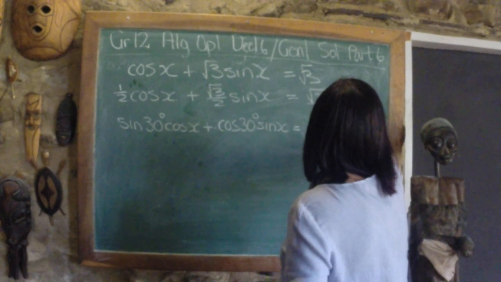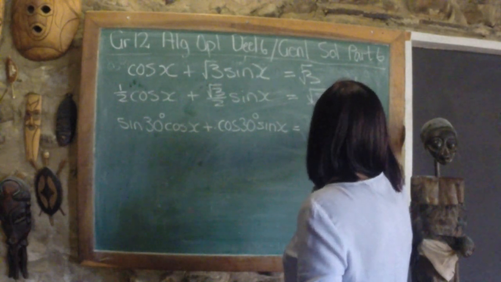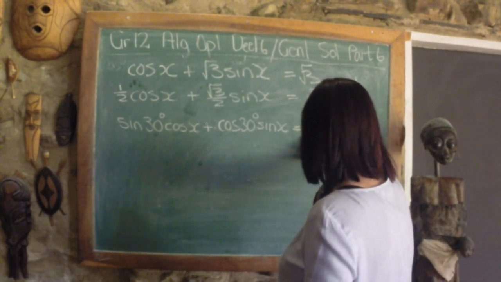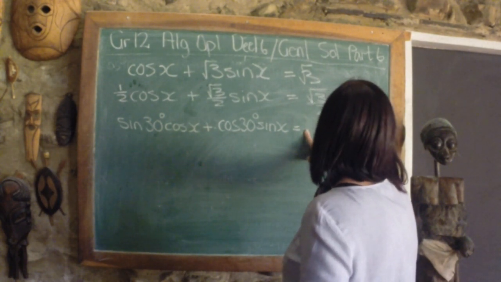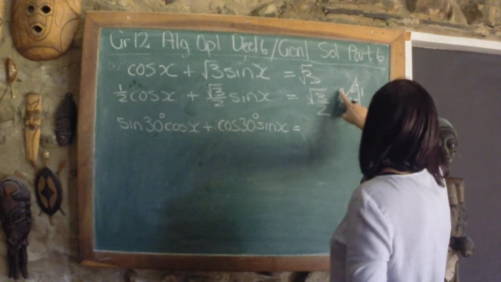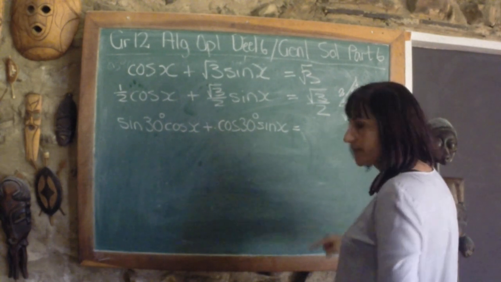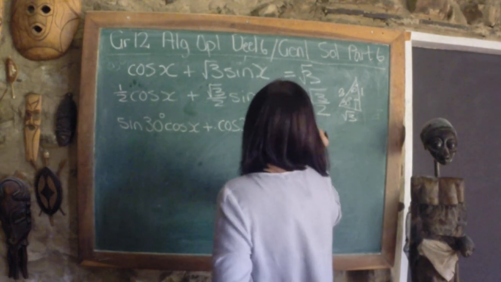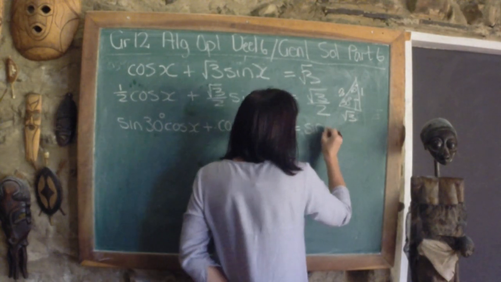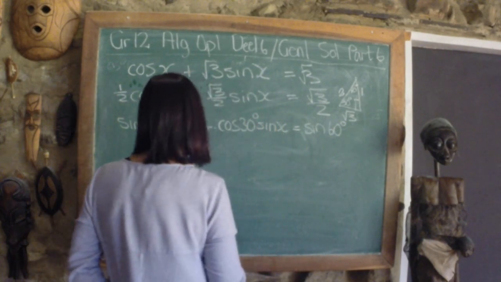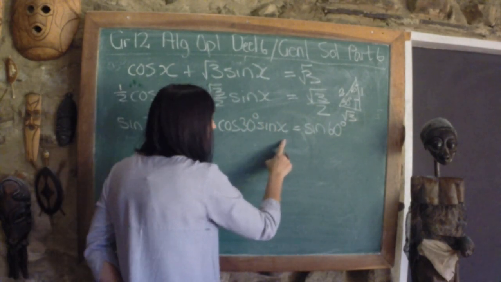Root 3 on 2 is going to be the cos of 30, but root 3 on 2 is also the sinus of 60. I'm going to use the sinus of 60 instead. Why? If you look at this that I've created,